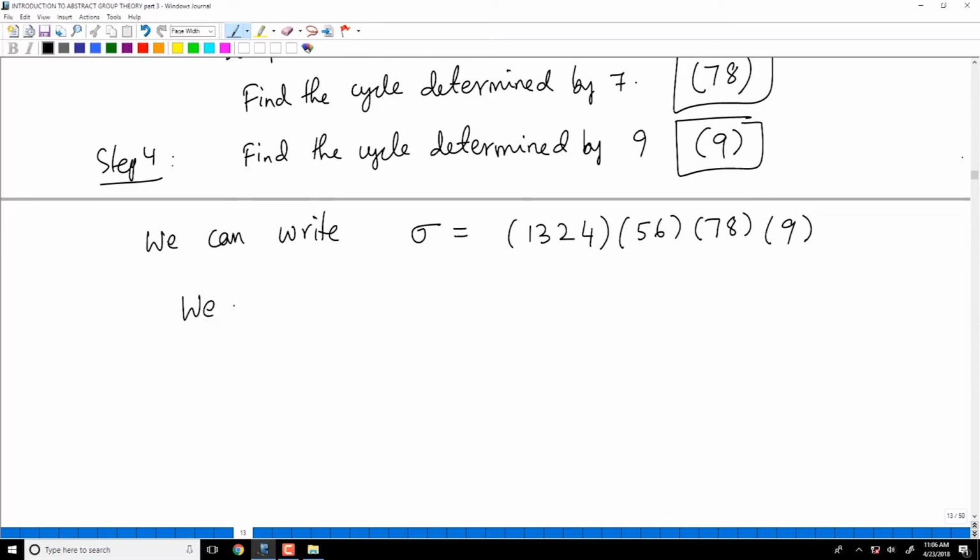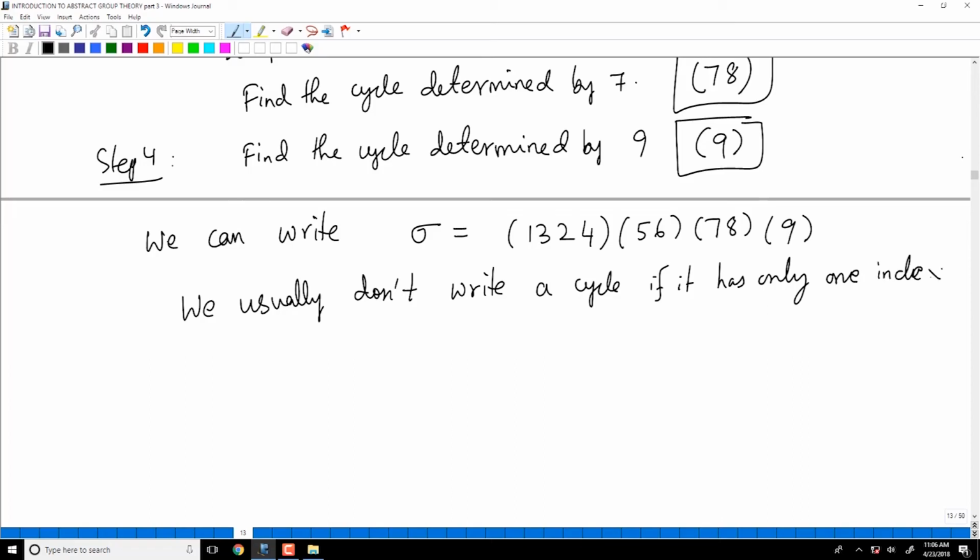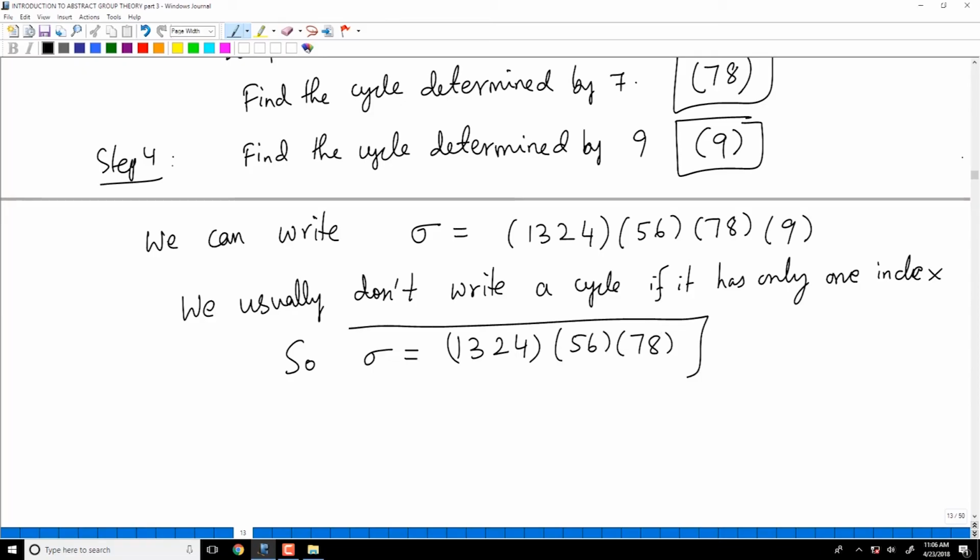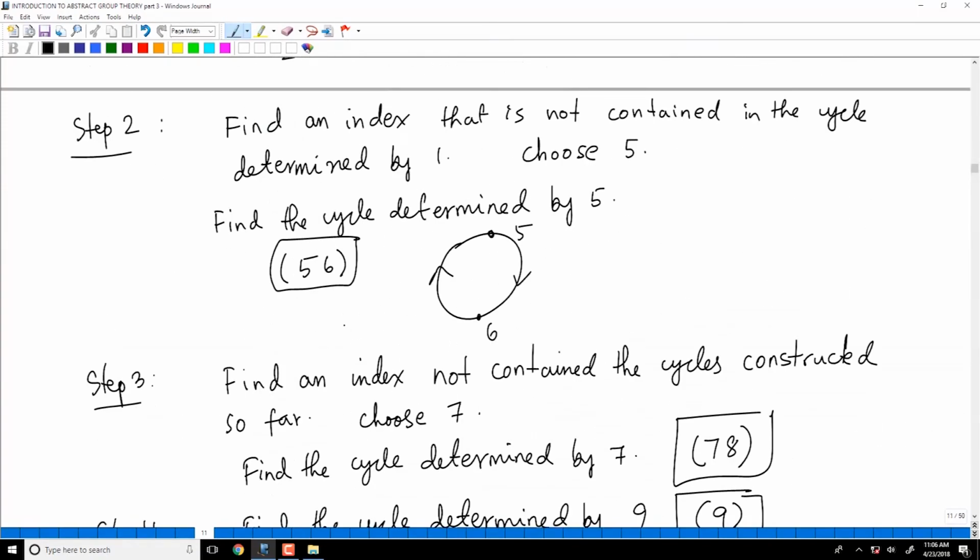We usually don't write a cycle if it has only one index, because if it has only one index, it is clear that that index goes to itself. So we usually omit writing 9. So we write sigma as 1, 3, 2, 4, 5, 6 and 7, 8. So the same function, the same permutation that we had here